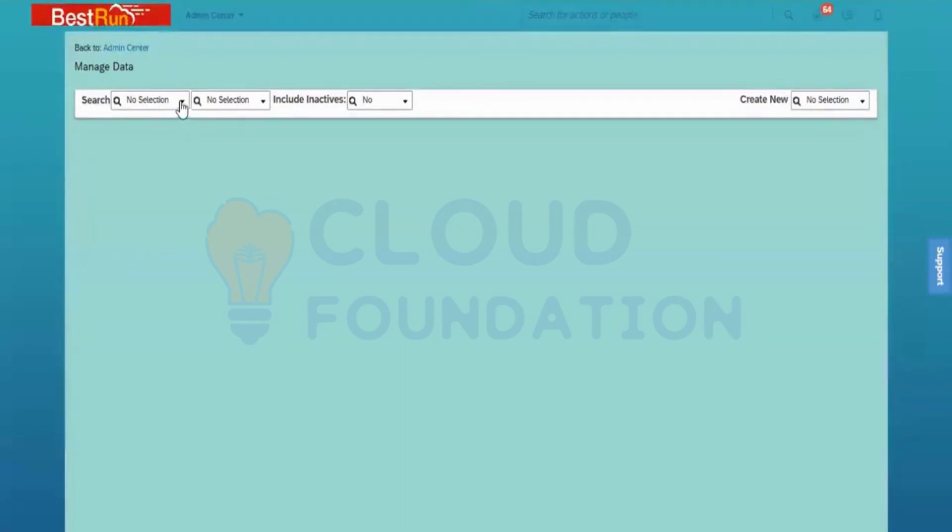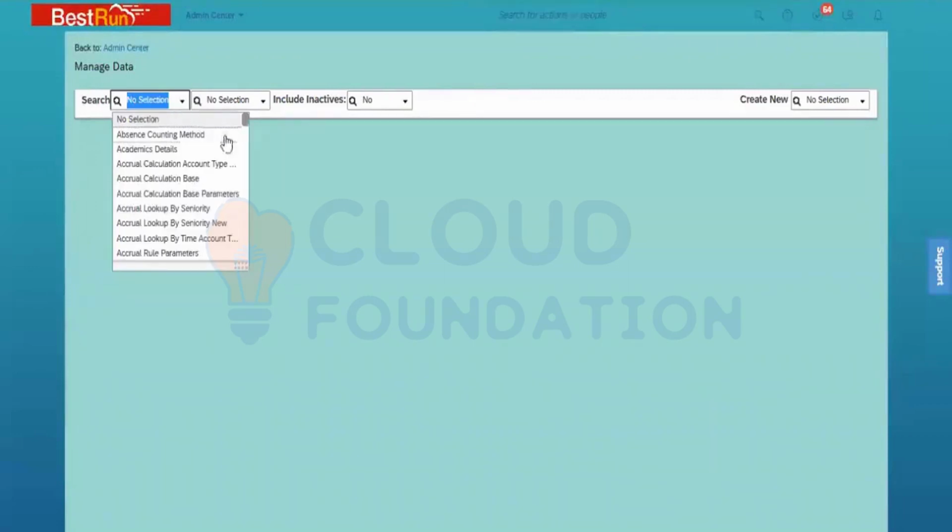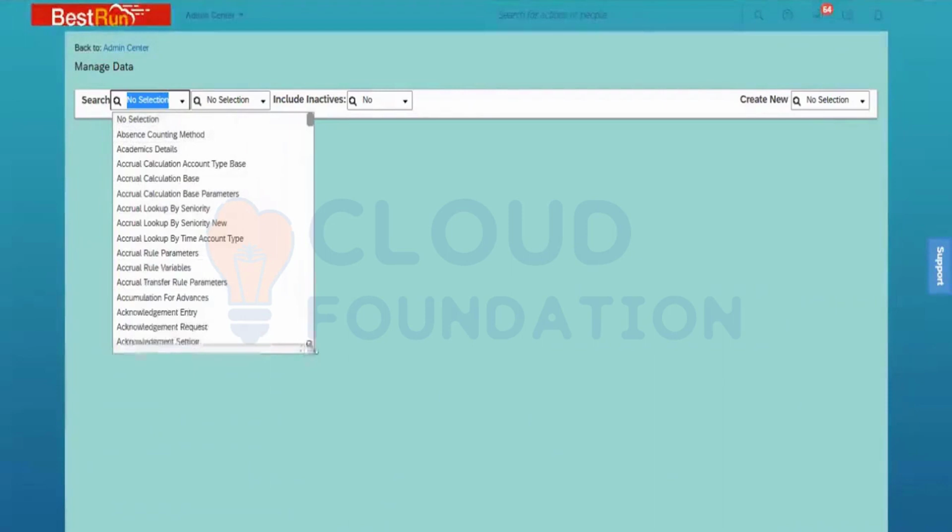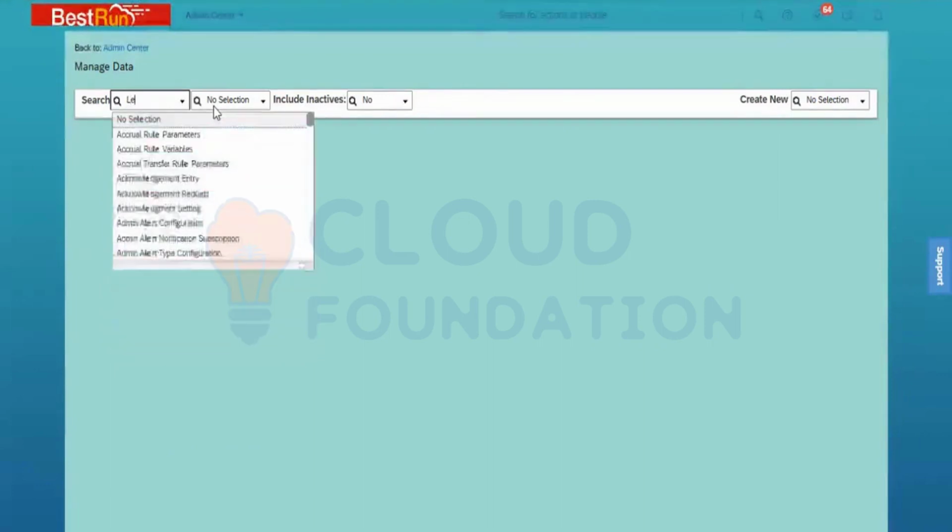If we select the search option, there are a lot of standard as well as MDF objects. We can see, most importantly, the organization structure. From an organization structure point of view, we have legal entity.